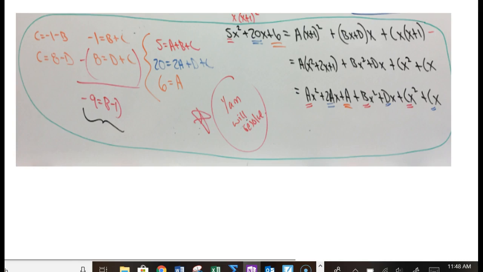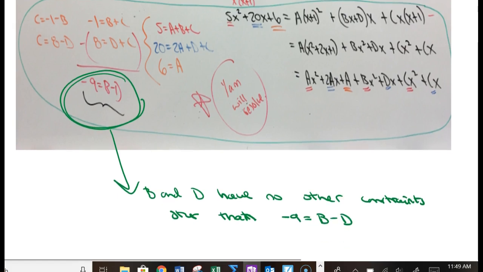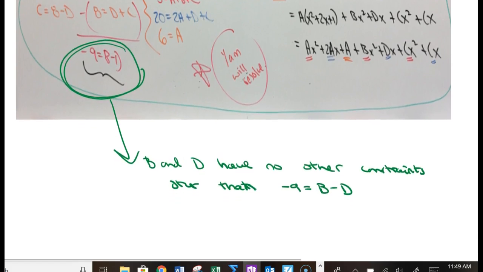So I hope you have this written down. Once we are at this point, -9 equals B minus D. What this means is that B and D have no other constraints, other than the fact that -9 has to equal B minus D. What this means is that B and D can take on any values as long as B